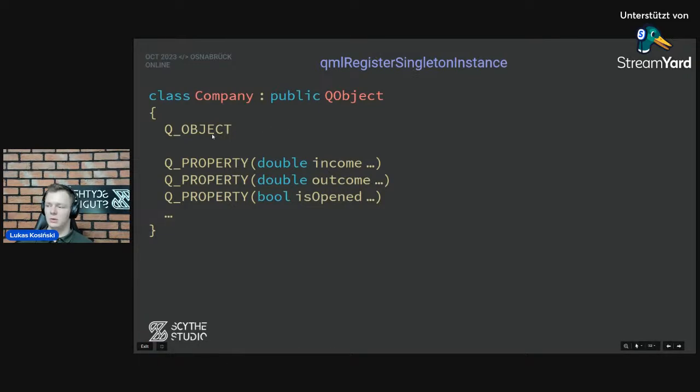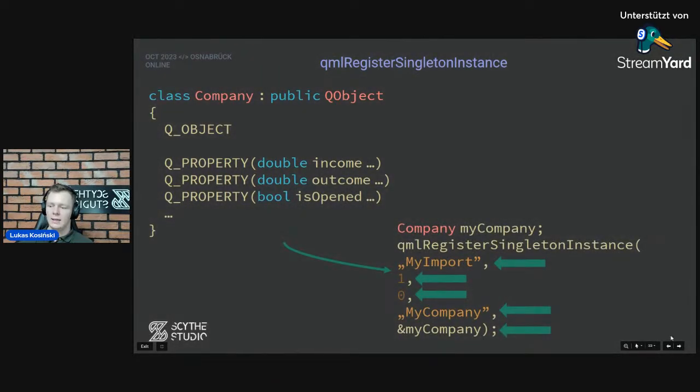It has to have the Q_OBJECT macro. It has to have properties which then access getters, setters, and stuff like that. I don't want to go into the details now. I will share some things on how to do that later. And that's how you call qmlRegisterSingletonInstance.